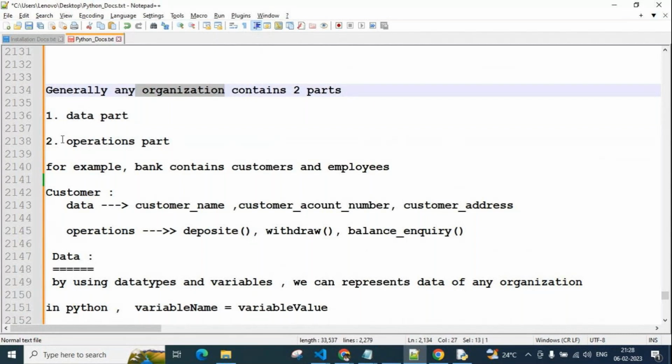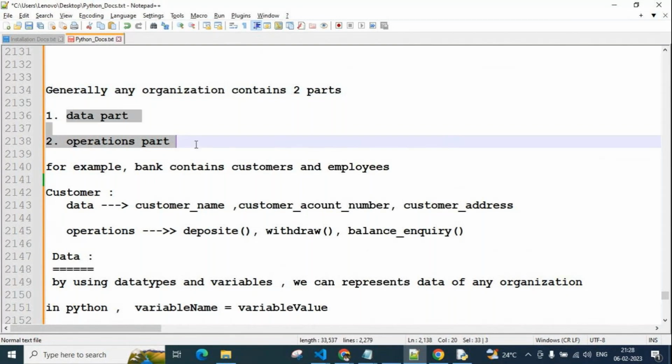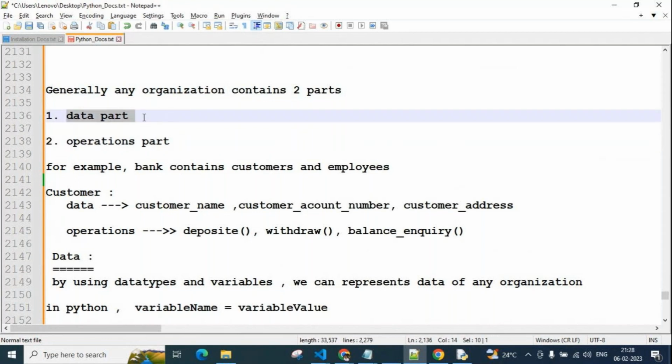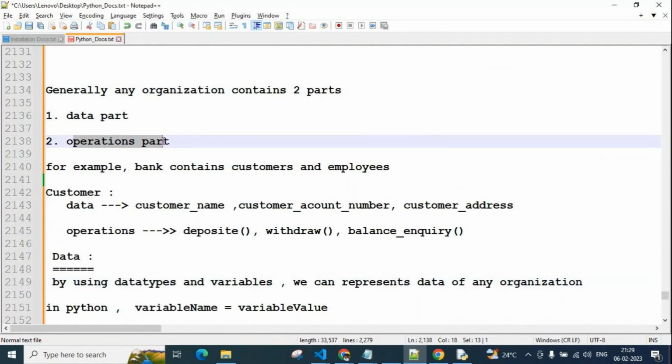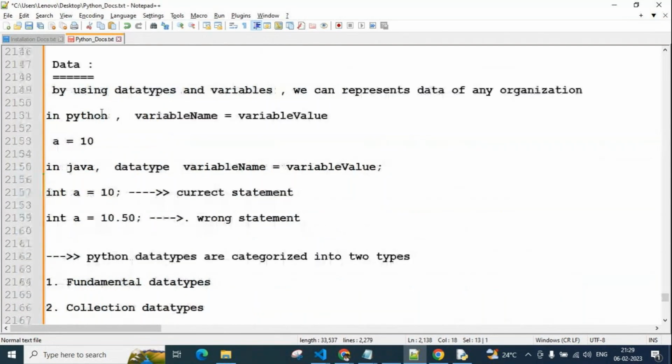For these two things, all languages like Java, .NET, Python use data types and variables for representing the data part, and functions and methods for representing the operations part.